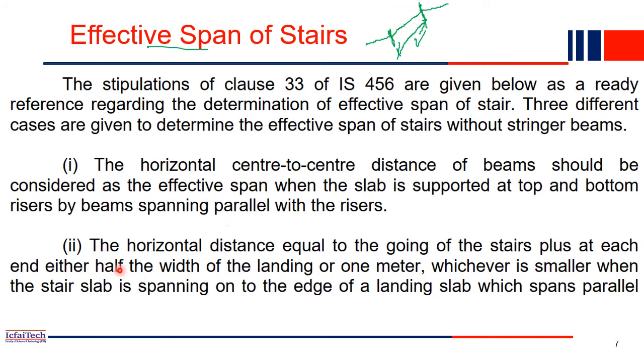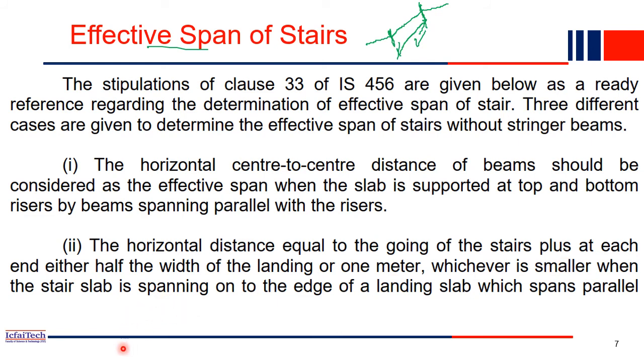Now second case, the horizontal distance equal to the going of the stair plus each side half of the width of the landing or 1 meter. So this is one problem, you can take it. And the next category is half of the landing. So you have the landing here, you have landing here. So half of landing also you add it, and whichever is smaller,